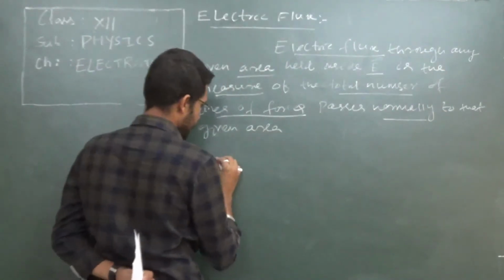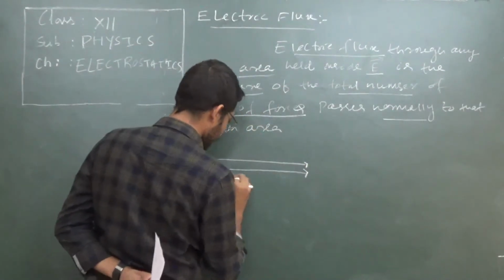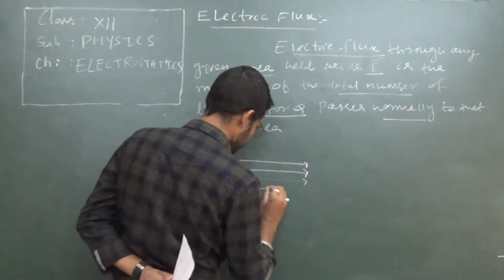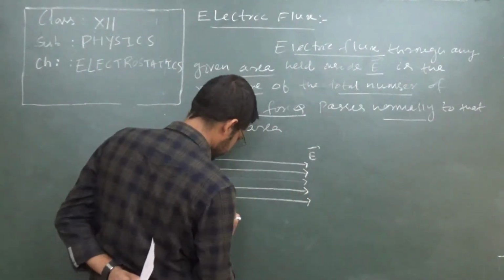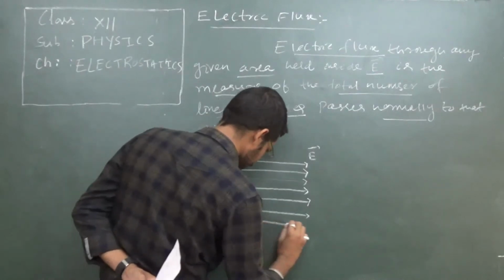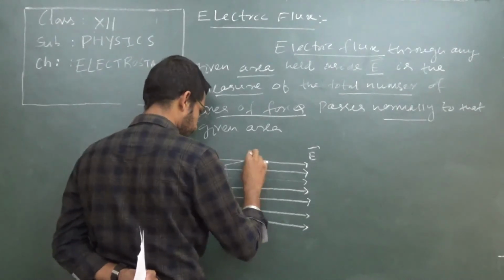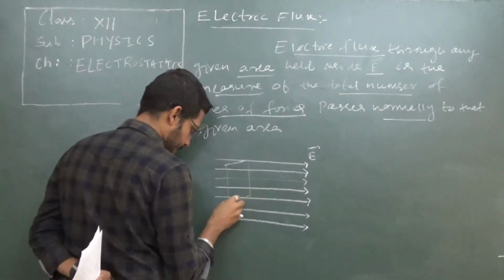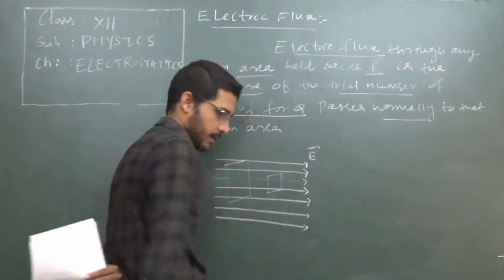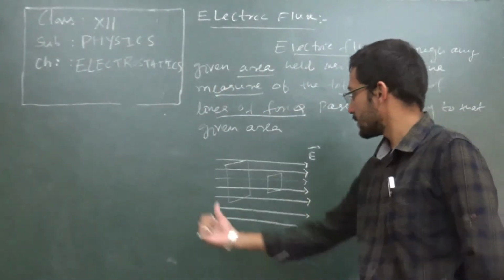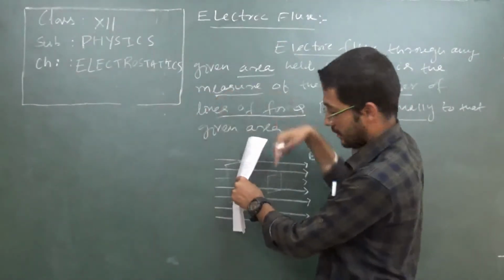So see, if you draw the diagram, let us consider crowded lines of forces. That means we are talking about a strong electric field. Let us say this is the electric field, and its nature is quite strong. Let us consider we are going to place any area. Here is another one. The two areas are placed in such a way that the electric field lines are coming and going like this.